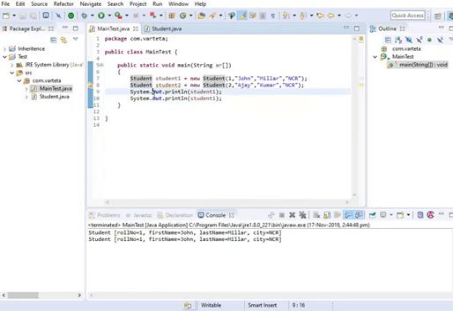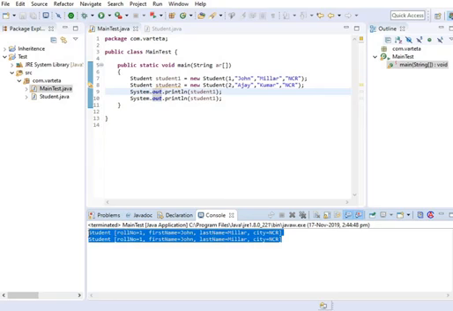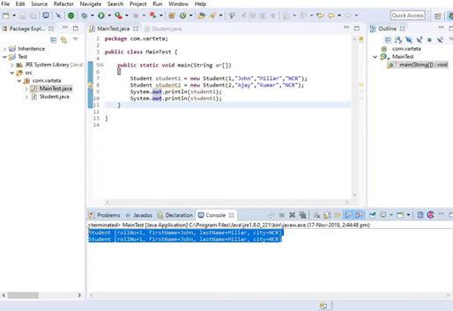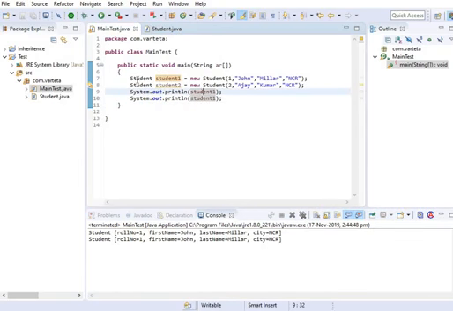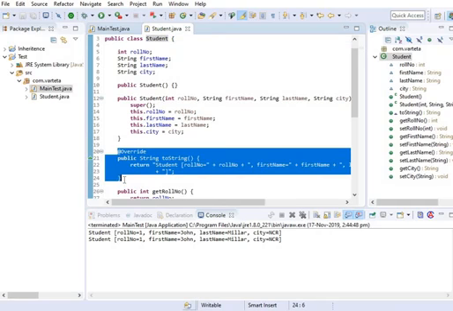What I can see on the console is two objects having been created with different property values. These two objects have been created in the heap memory, and we can see the property values on the console because we have printed all the properties of the objects using the toString method.